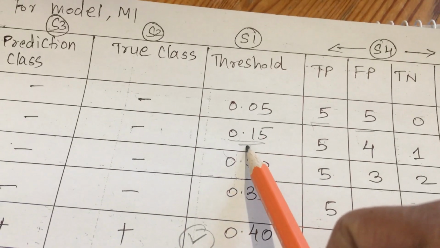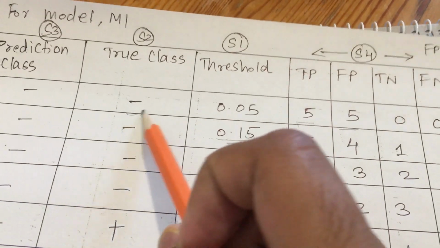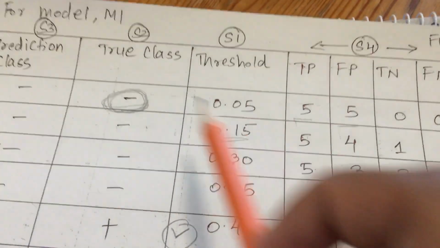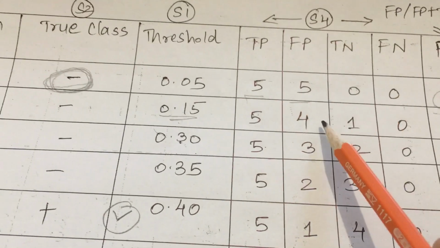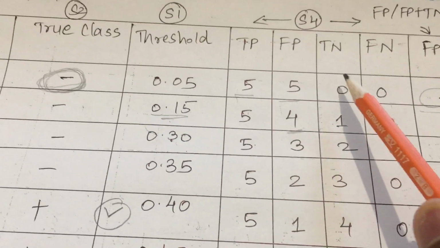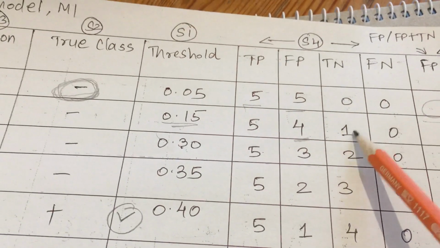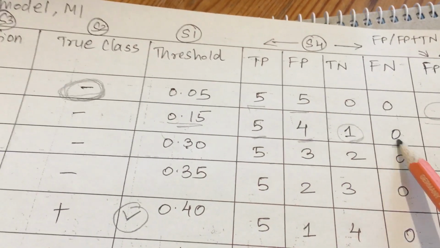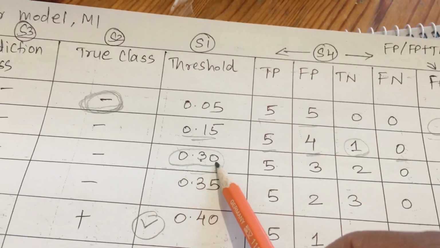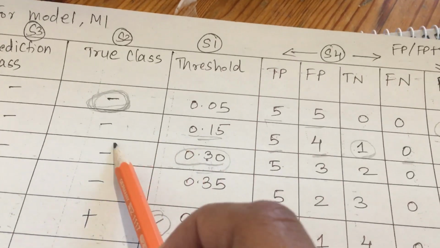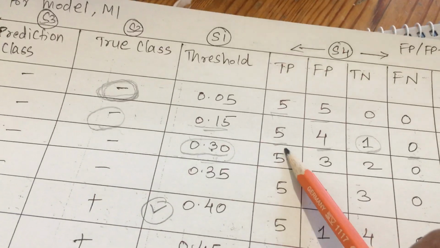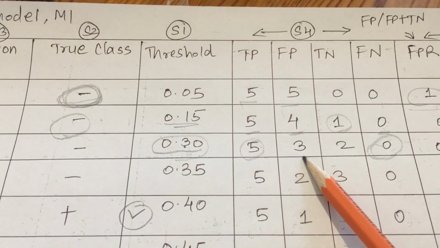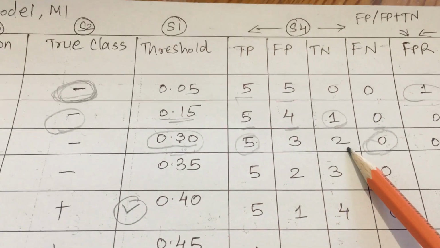So what we do is we just compare with the label of the previous threshold, that is this one. So we need to check the true class label. If this is negative, what we do is we decrement the TP and we increment this 0 to 1, and we let TP and FN stay as they were before. Next we need to predict for this. For this the previous class label is negative, so we just copy this value as it is, then we just decrement the FP count and increment the TN by 1.